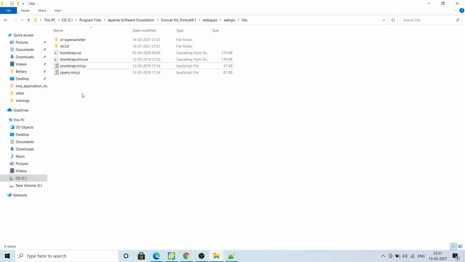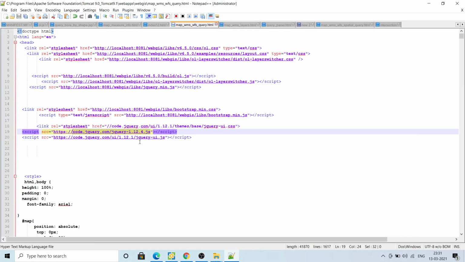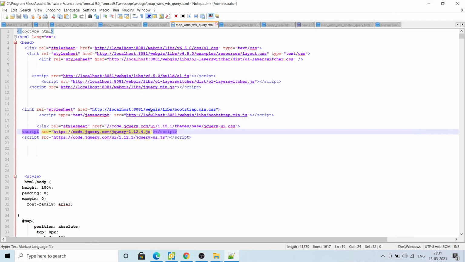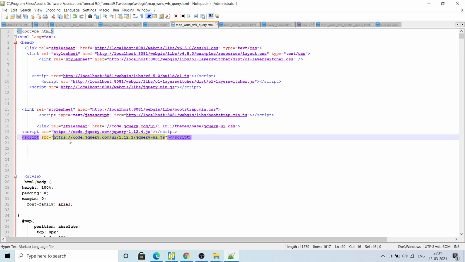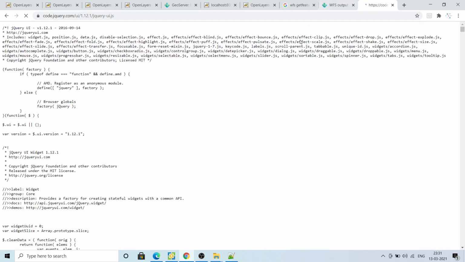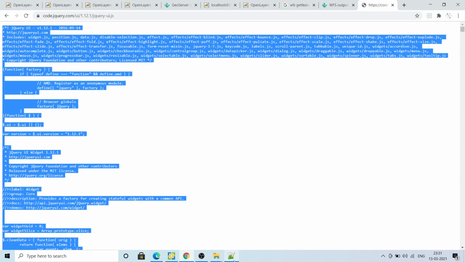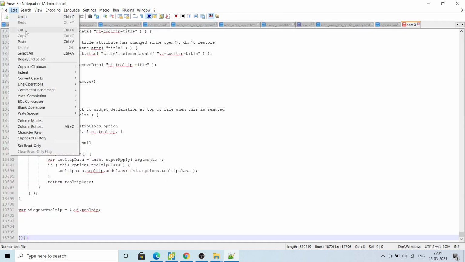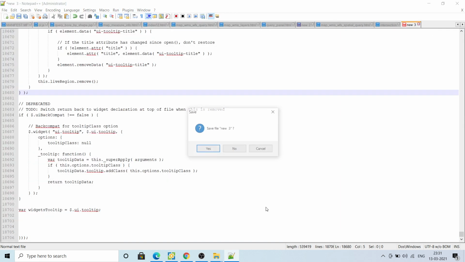You can create a new file here like jQuery.ui.js, save that file to your local directory, and then give the link. I'm using it directly from the internet. This is not coming from localhost. Let me check if this is working. Yeah, you can see. So you can press Control A, Control C, go to your editor, paste it here, save it somewhere in your directory, and then give the link of that.